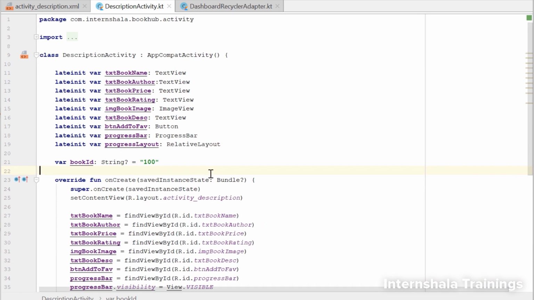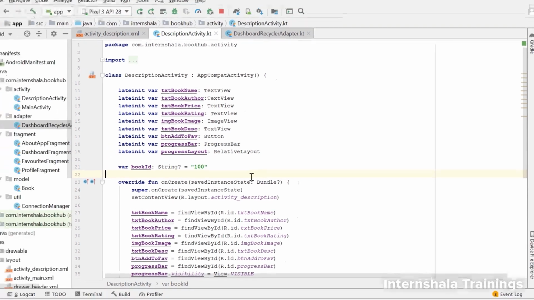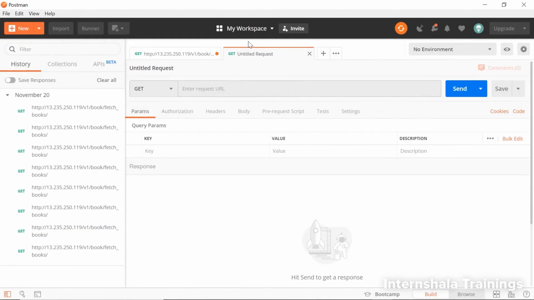That being done, let's now send the book ID in a post request. But like we had done while sending the GET request, we will first check how the response will look like and what are the names of the keys which come in the response. And then we will learn how to send the request. So first let's open Postman. The link has been given in the helper text below the video. You will have to click on the link to go to the website and download Postman to use it.